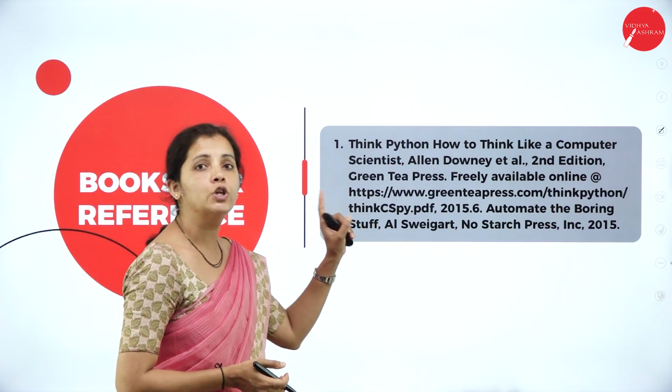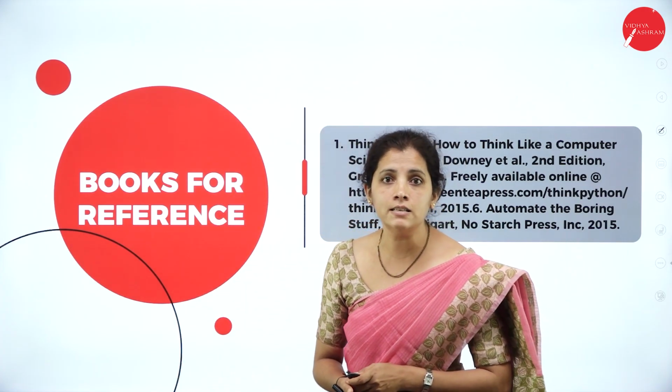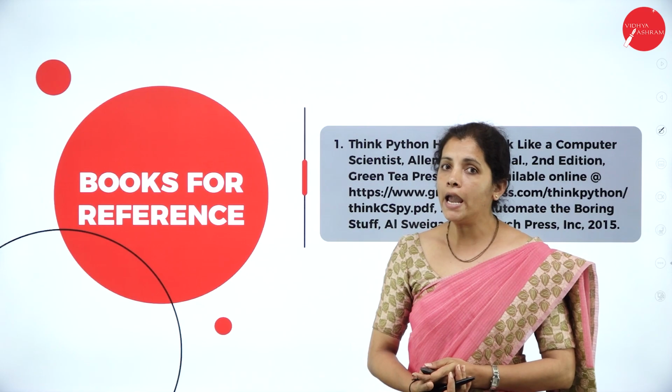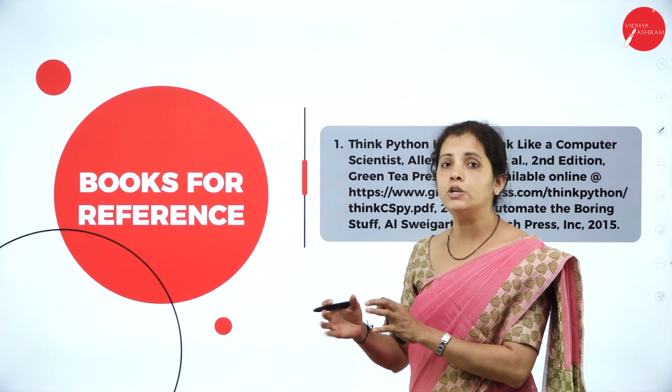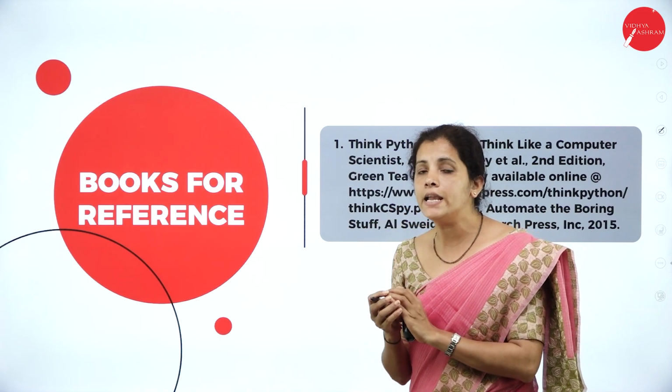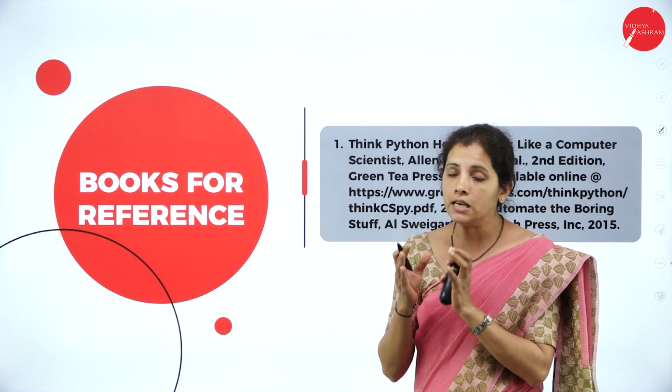This textbook you have to refer to in order to become a master in this subject. Anyway, dear student, I hope in this session you got a little idea about Python programming as well as the syllabus